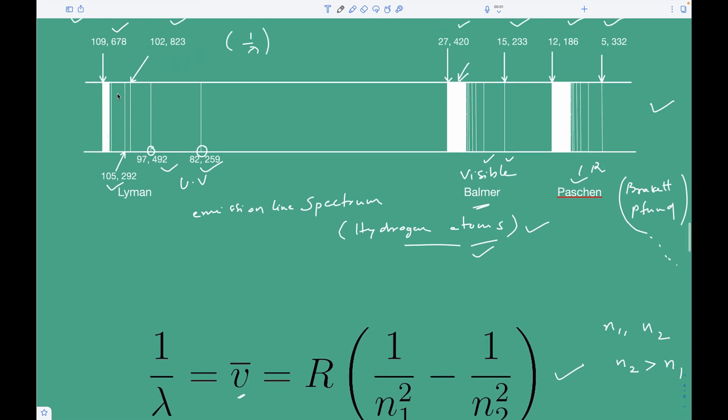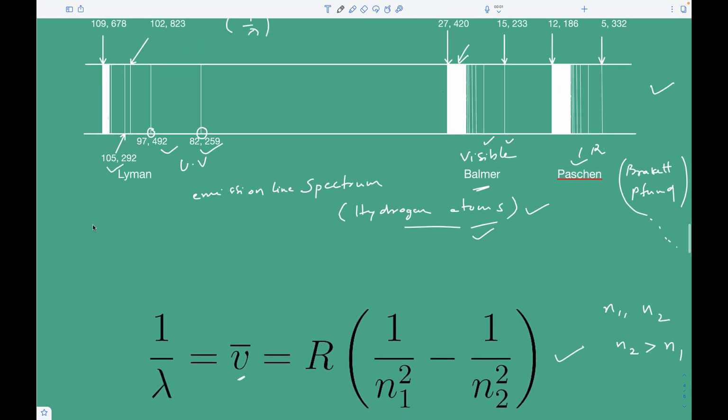And you know, to get the wave numbers found in the Lyman series, you have to use a value of 1 for n1, and obviously n2 is greater than n1, so n2 must be greater than 1. So if you use the value 2 for n2, you will get one spectral line, and to get a different spectral line, you have to use a different value of n2. Similarly, for the Bohr series, n1 is equal to 2 and n2 is any whole number greater than 2. By using different values for n2, you will get the wave numbers of different spectral lines in the Bohr series,